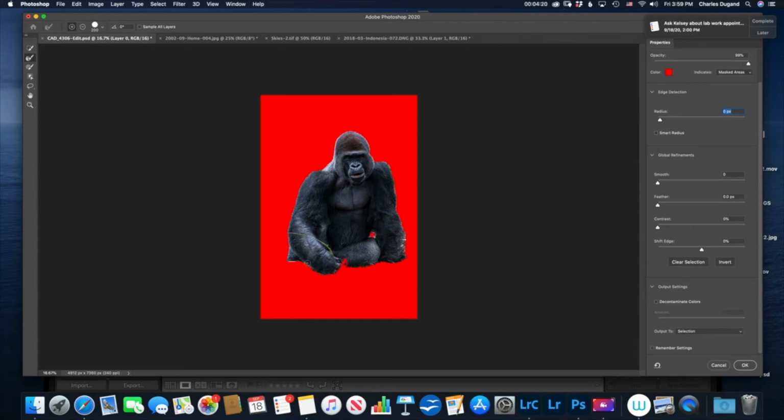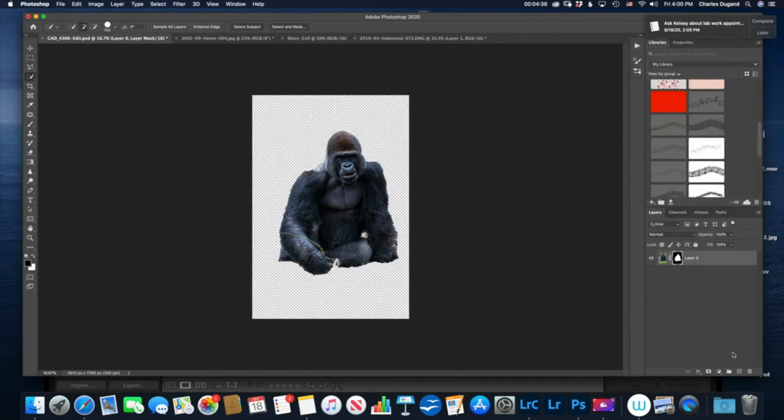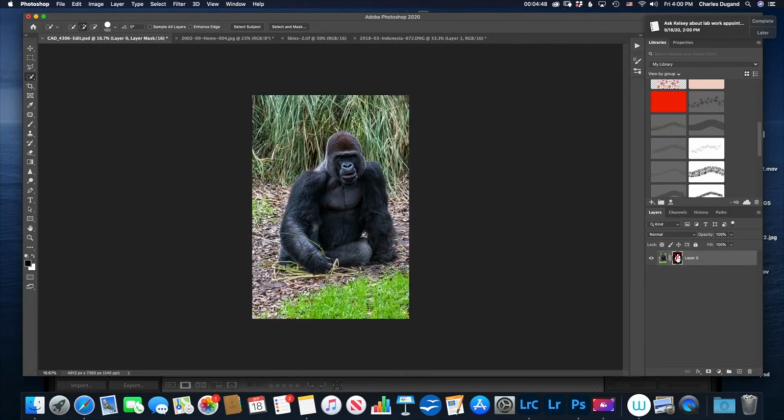I'll just leave the grass unselected, but the nice thing here is once I've done selected mask, I can now scroll down to the bottom of this. Instead of saving this just as a selection when I exit this, I can select that as a layer mask. Okay? So now if I go back, you'll notice a mask has been put on the gorilla, and there's a layer mask that shows the gorilla in the middle. So if I take this mask and turn it on and off,